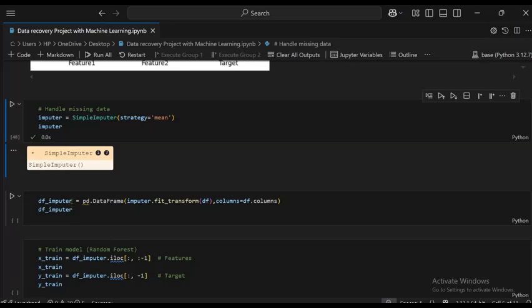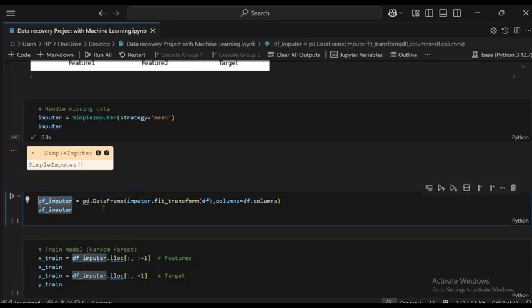df_imputed is the next variable, where I pass pd.DataFrame, because I want to see how it fills the mean value.